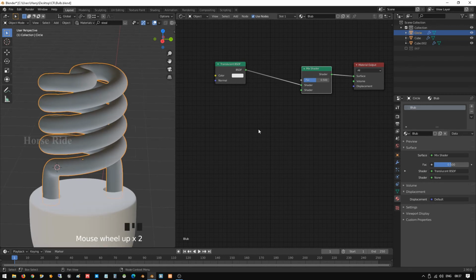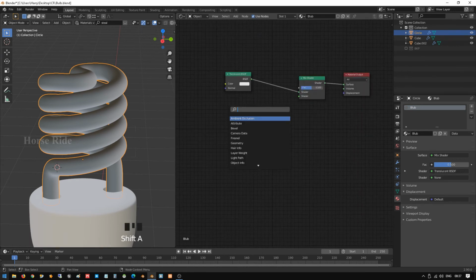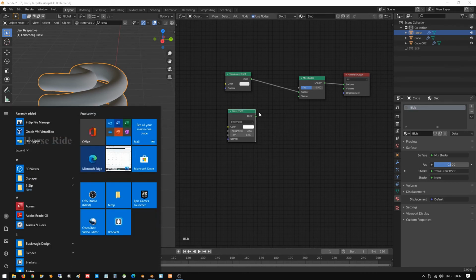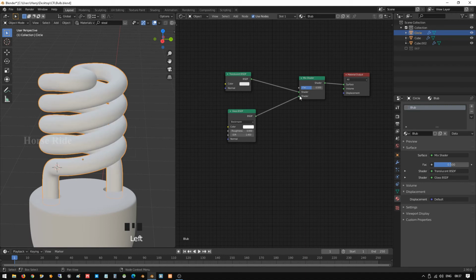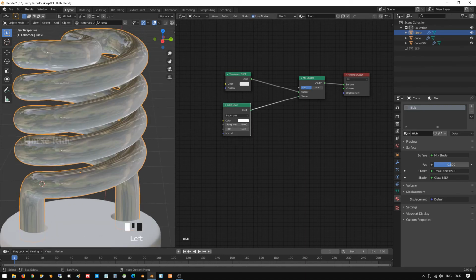Now what we are going to do is Shift A and search for Glass BSDF. Okay, it went on Glass BSDF, and select this one to the bottom. Now this glass option is given more high, so I'm going to reduce this.